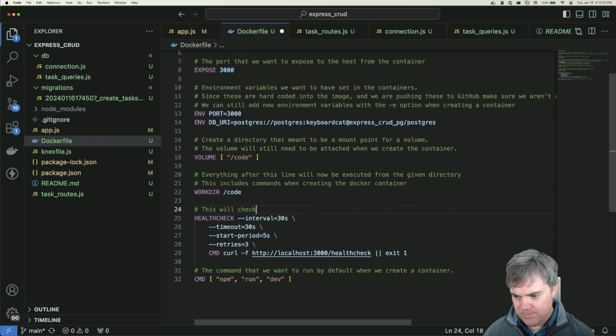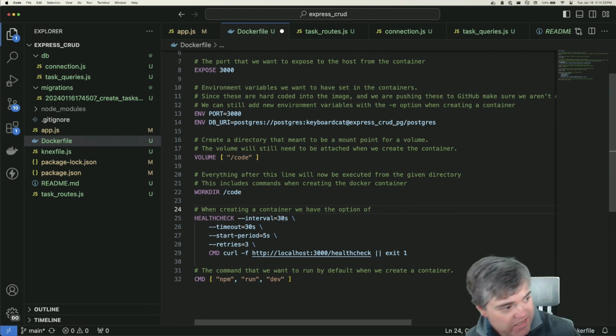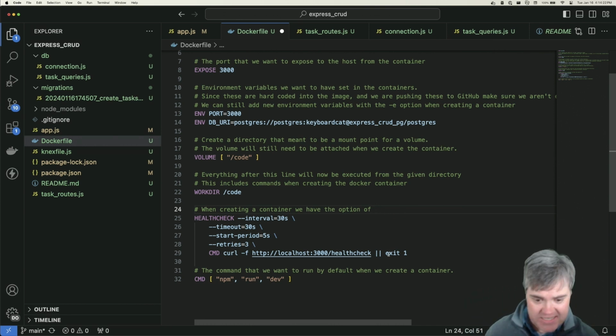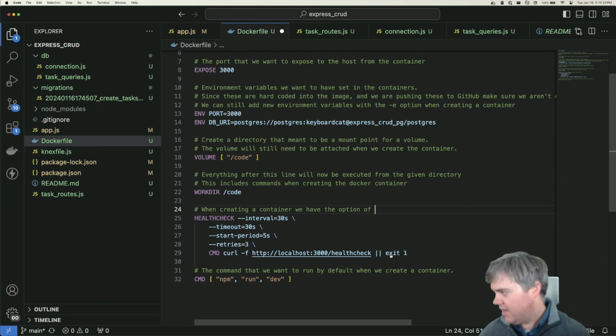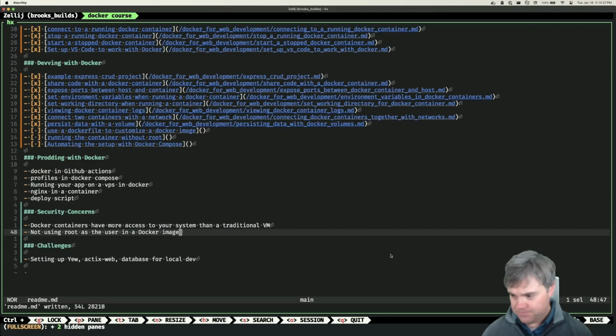So when creating a container, we have the option of, what does the exit do exactly? Oh, this exit. So in a terminal,